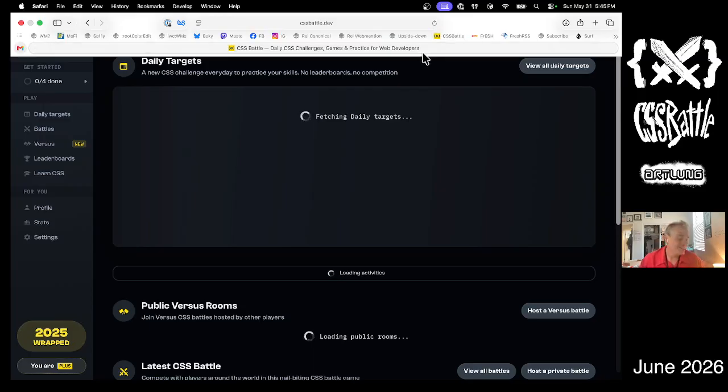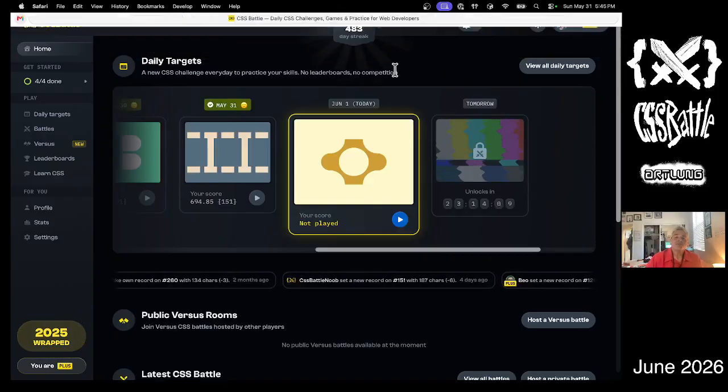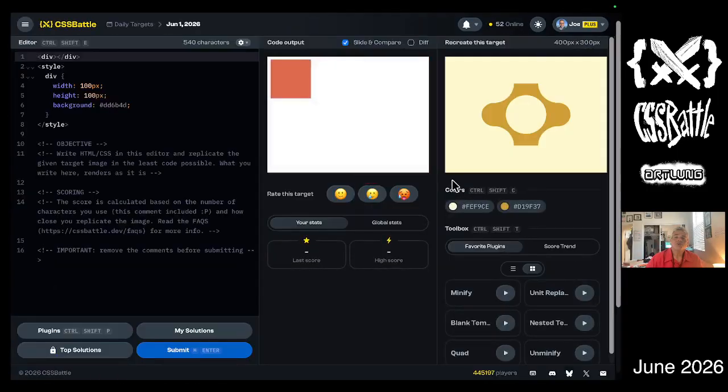Pretty much every day I go to CSSBattle.dev and do the daily target. That's what I'm about to do right now. Oh, ho, ho, we got some curves galore. Oh, super fun. This one would be a really interesting corner shape and would be an interesting clip path